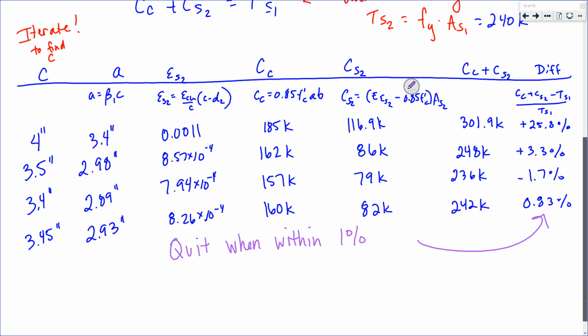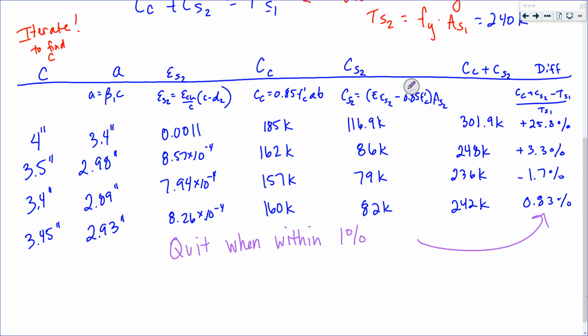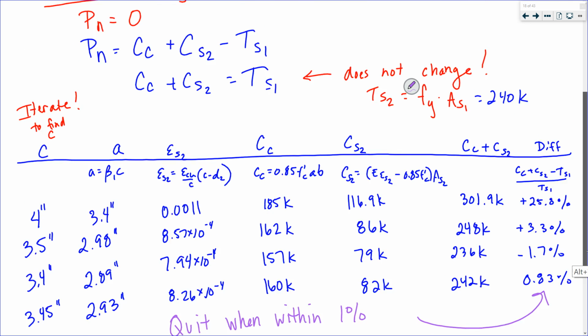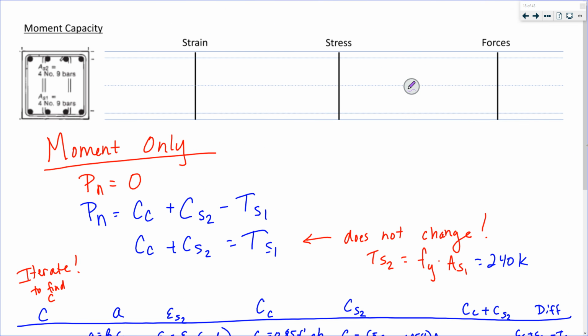I'm going to iterate, guess a C, and use those equations that I wrote. I hope there aren't any errors. I iterated down to C equals 3.5 inches. What does that mean? Let's see, C equals 3.45 inches. So that's right there. In this case, my moment only,